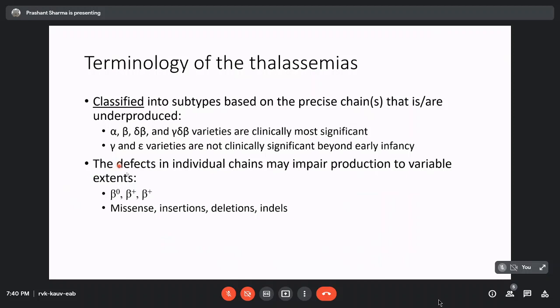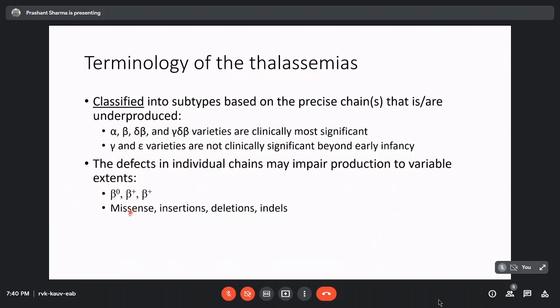The other way to classify thalassemias is according to the extent of the defect in the individual genes. So this is well known. We can have beta naught or beta plus, or there should be another plus here, sorry, a beta plus plus kind of a situation where you have either no production of any globin, you have some production of a normal globin, and in a beta plus plus state, you have a reasonably large amount of beta globin, although it is still less than what should have been normal.